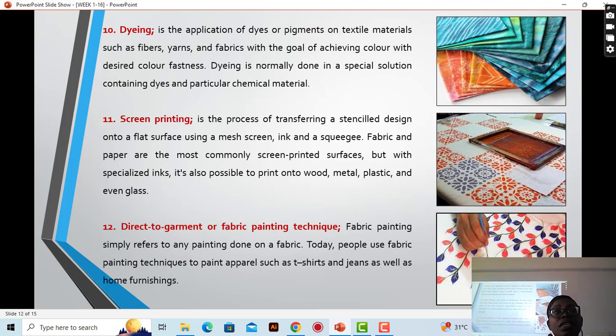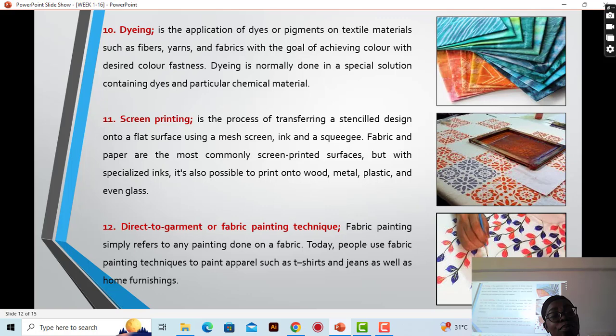So you have sketched your patterns on the garment when it is in its pieces stage. Maybe you are stitching a body, so you've cut the front piece, the back, the sleeve, and everything, and then you do your sketching on it. And so you see, you paint to the edge of the fabric. So once you are done, when you stitch, it looks original. But if you had already stitched the fabric completely and then you paint, maybe a design like what we have here, it may not look complete